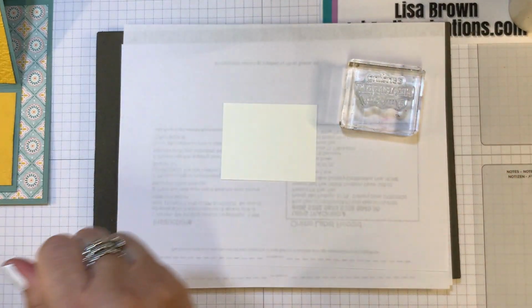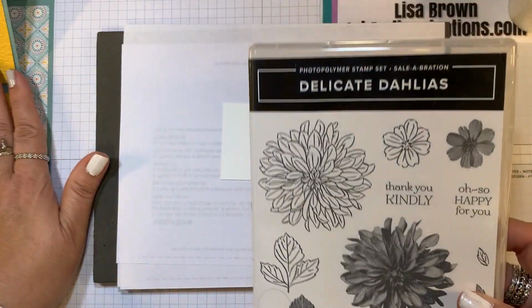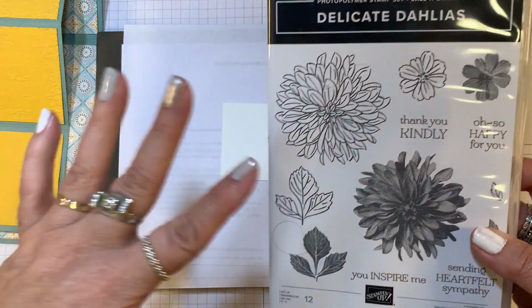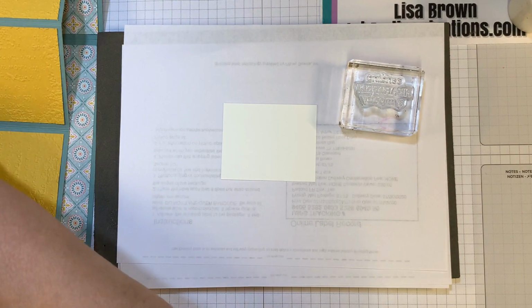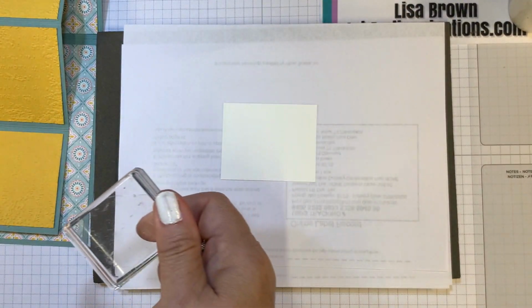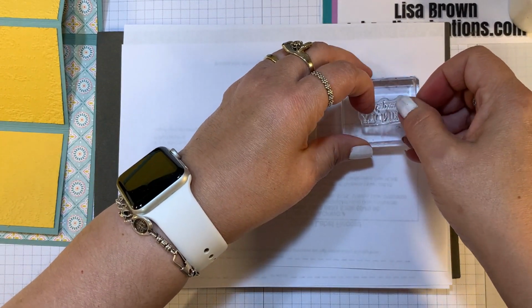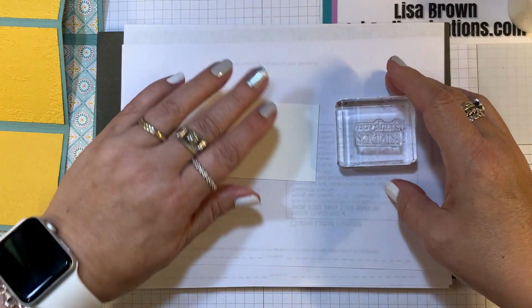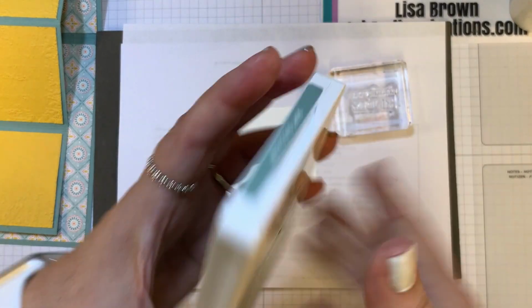Let me see. I think since I'll end up giving this card away to someone who comments in the live video, I'm going to use a different sentiment. How about that? Let me do a thank you kindly. I have needed several sympathy cards here as of late, and so I've just been making a stack of those to have on hand. All right, so I've mounted the thank you kindly and going to stamp